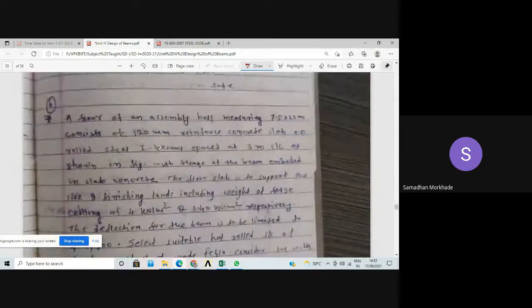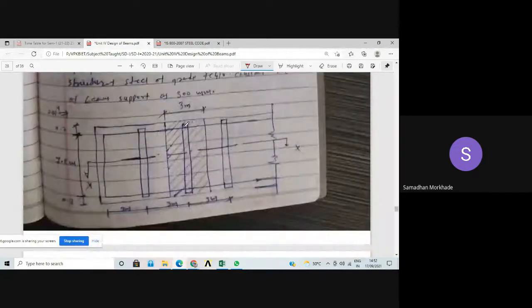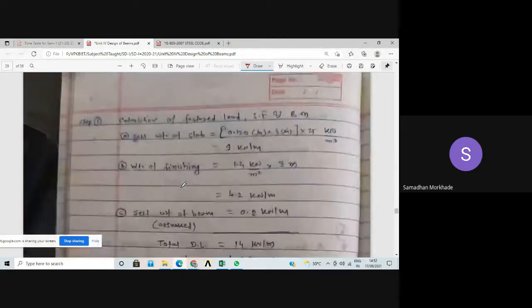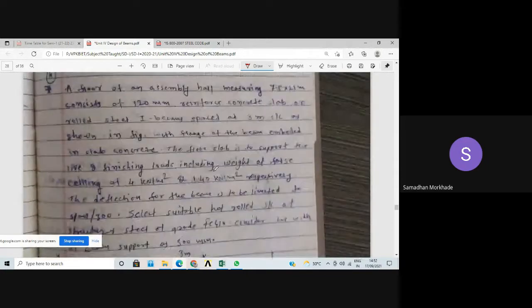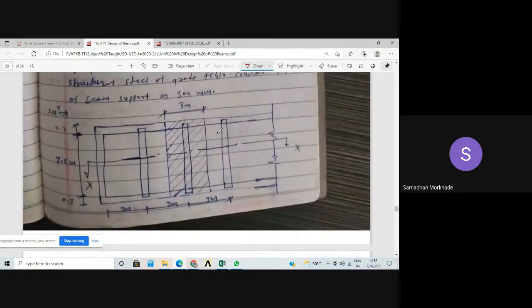This is another example. Okay, what an actual hall looks like, and how the load on it is calculated. So that also you can discuss. So I will just go up to the load calculations. Okay, there is a hall of a building, and its dimensions are given, 7.5 by 21, and beams are spaced at 3 meters. On top of it the floor finish and all the loads are given. So we have to design this beam. This is one beam, this is the second beam, third beam. On this beam, half load from this side and half load from this side come. So it is 1.5, 1.5, so 3 meter.